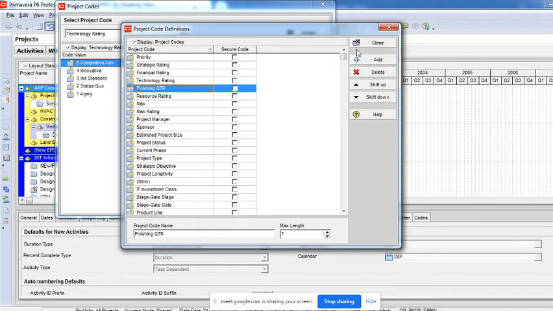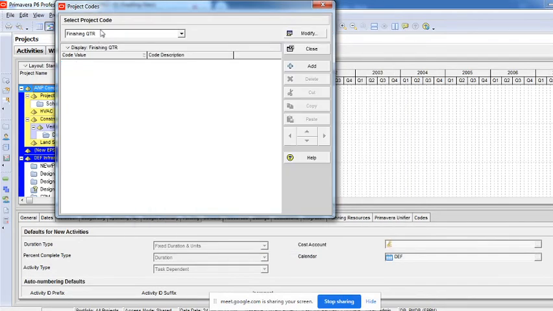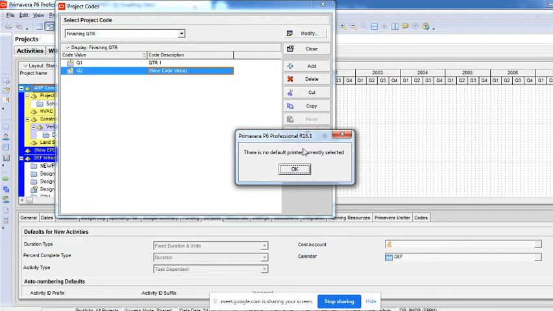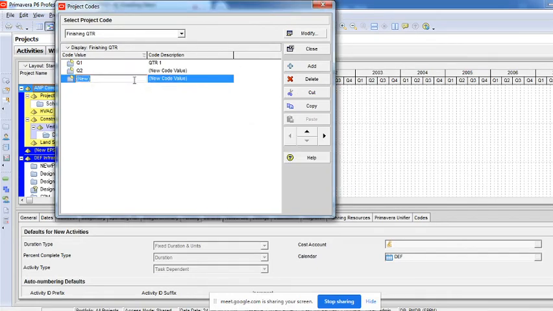Okay, very simple. I'll say close, and you can see here the moment I close you can find it here, right? So I'll say add. I'll say it's a Q1. Description can be anything, you can type whatever you want. I'm just typing it as QTR1. This is my Q2. This is my Q3.